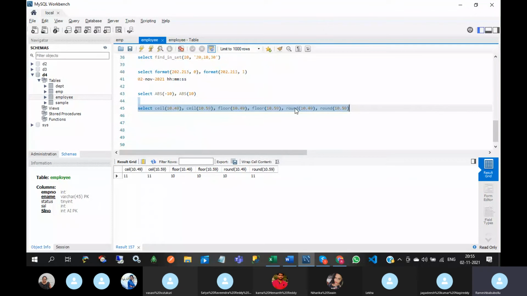So here round, 10.49 is less than 10.5, that's why it will display 10. And 10.59 is greater than 10.5, so it will take 11. That is round.